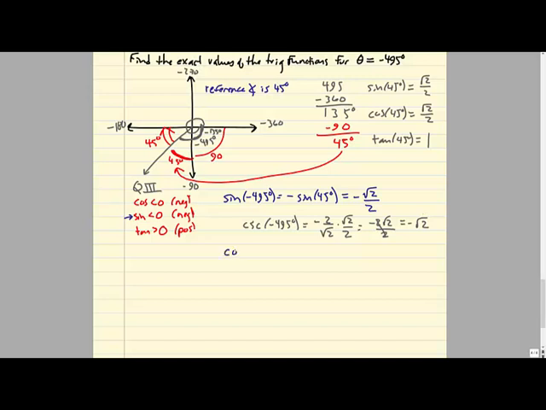Let's do the same for the cosine of negative 495 degrees. From here, cosine is going to be negative. So this will be negative cosine of 45 degrees. Because I don't want to memorize all multiples of special angles. That would be very difficult. And then I know the secant will be the same as the cosecant. And actually I know the cosine would be the same as well. And then tangent